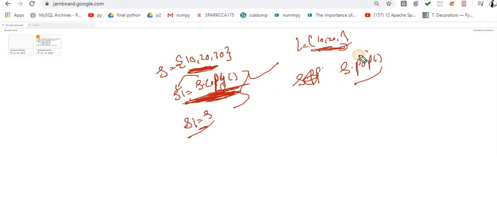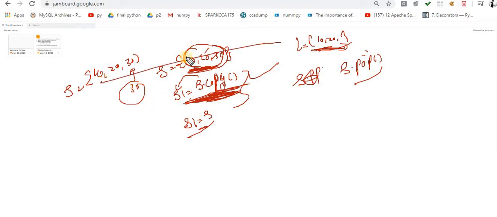So with the help of this pop, it will remove an arbitrary element from this entire set. Might be 20, might be 30, but these items are few, so this time it will give you 30. But if the items are large, in huge amount, then it can remove any item from the existing set. So it's not a hard and fast rule.